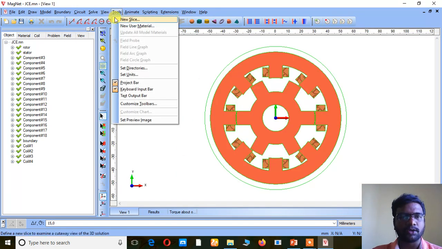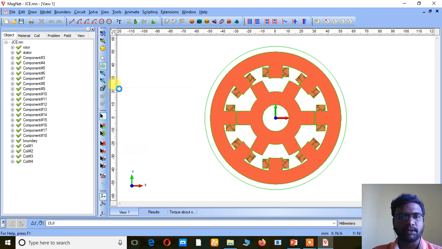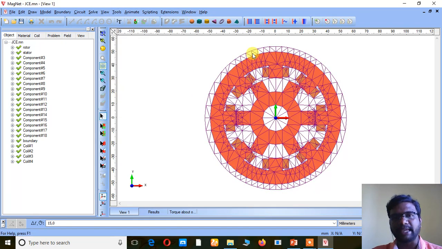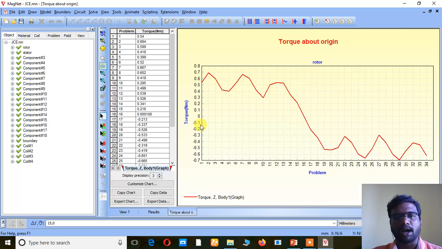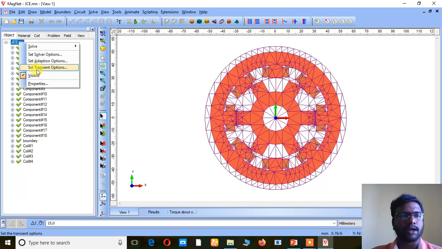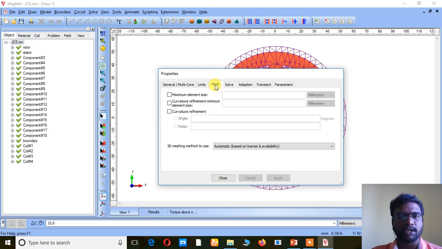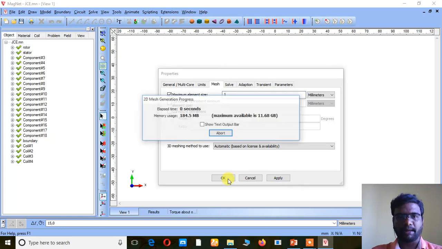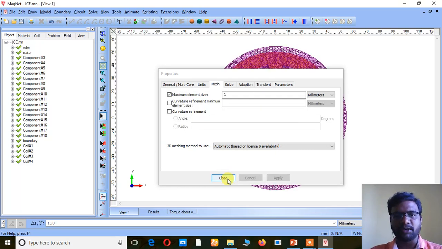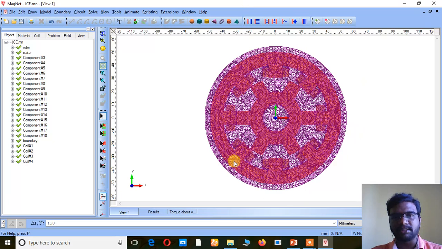Now see here, I'm just going to the view and giving the initial to the mesh, and the mesh size is somewhat bigger. So due to this, the distortion is now occurring more. So in order to predict the exact value, what I'm going to do here is give a mesh size value as 1 and apply it, and now we are going to see the mesh size. Every mesh size will be the same. It is very tiny in size. See, so this is the mesh size after giving 1 mm.